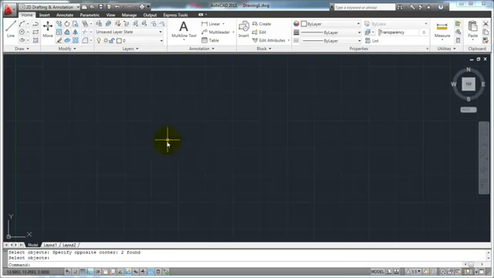In the first tutorial we talked about the AutoCAD workspace environment, the ribbons, a little bit about the command line, and just kind of the whole thing. In this tutorial we're going to talk a little bit more about the line command, get into that a little bit more in depth. But before we do that, I want to talk to you about the user coordinate system,